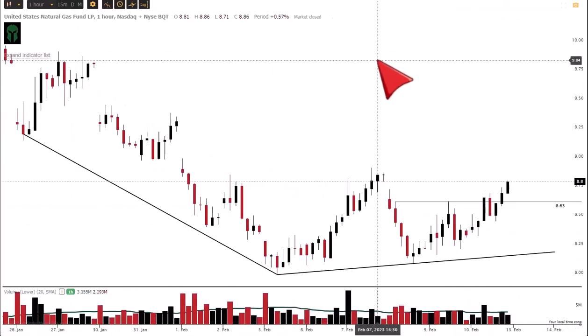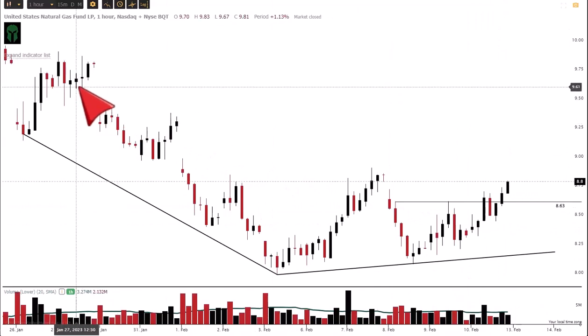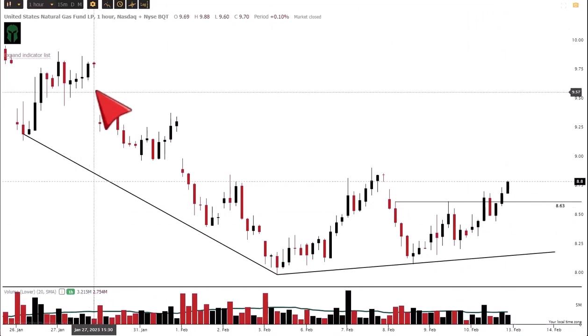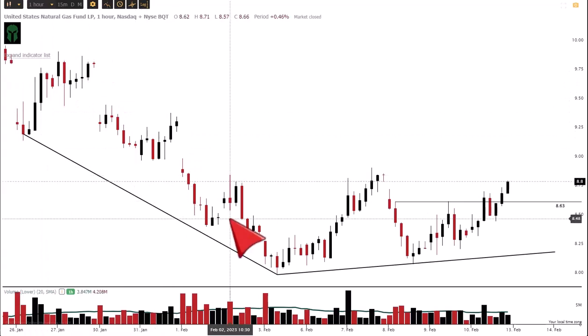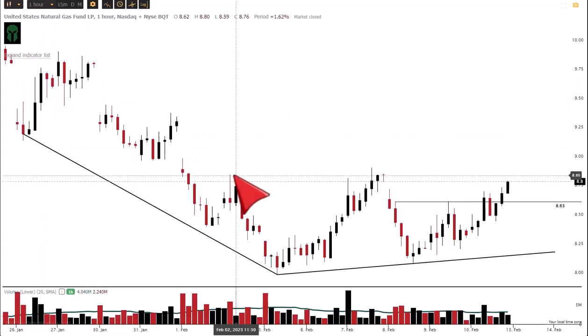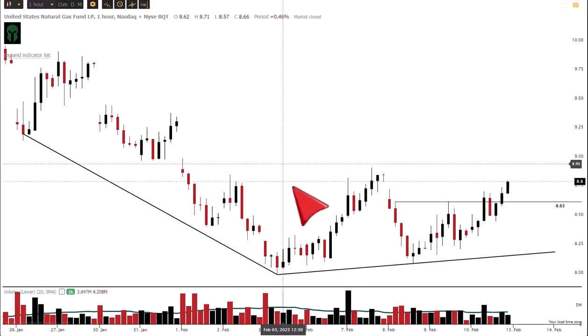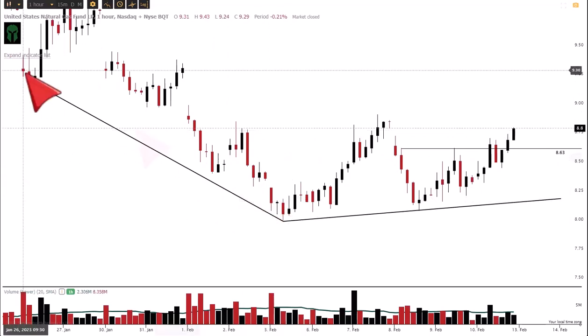Now we saw a shift start early February. You can see right here on this hourly chart on UNG, gap down, gap down. Then all of a sudden we had this little gap up. Well, that's rare. We really haven't been getting gap ups. It does not hold. You get that little bearish engulfing right down here, and then we just start riding down on